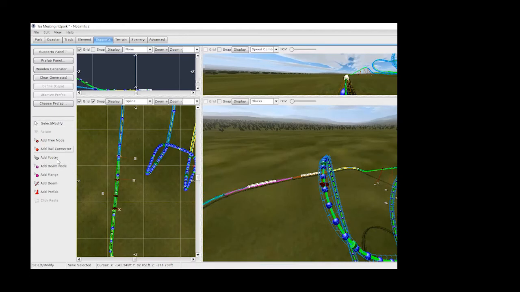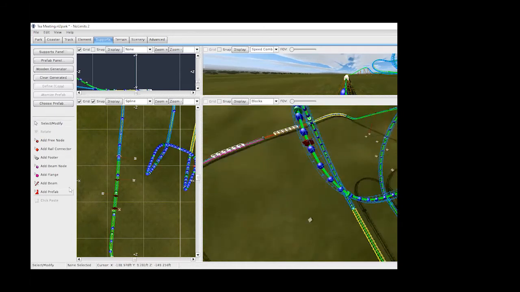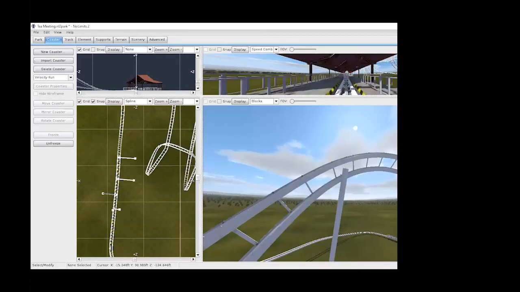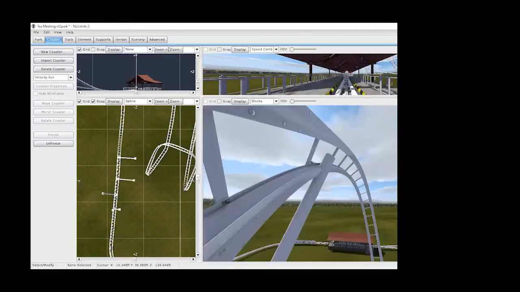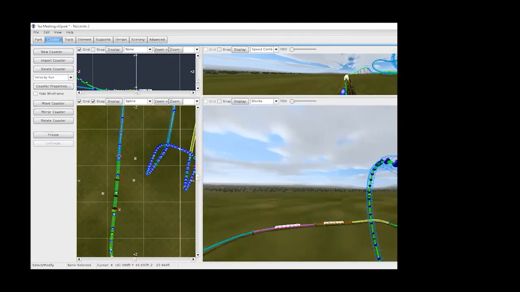We can add a footer down on the bottom here. We can add our beam. And theoretically, that should be off to the side here. Obviously, that's not what we wanted. So we just unfreeze. I'm going to delete that node point, and we are going to